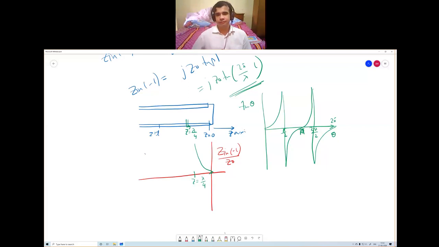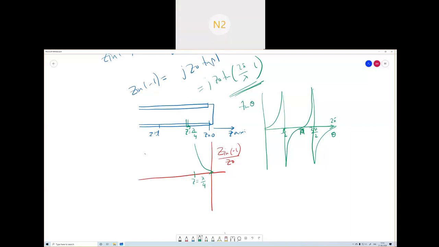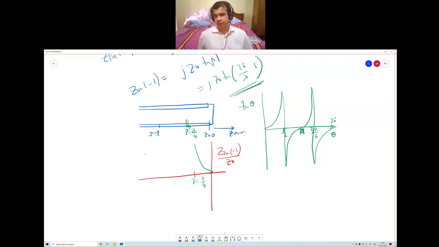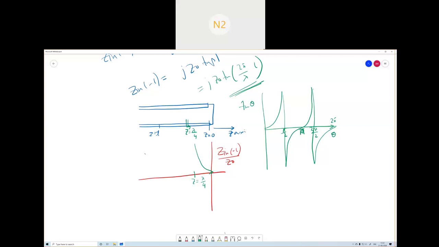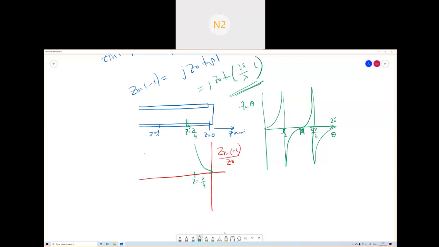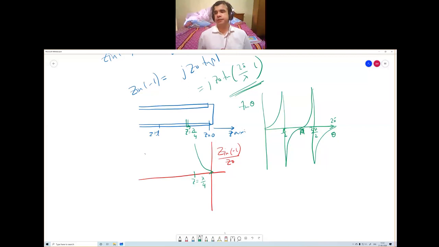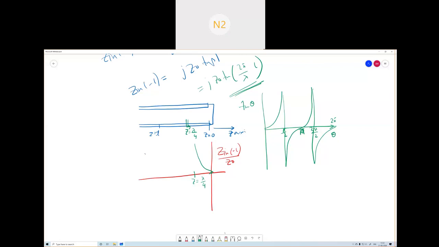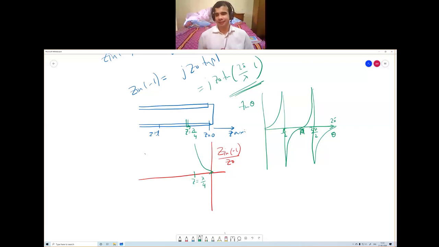Sir, is it because when we put z equal to lambda by 4, tan beta L becomes tan pi by 2, and that is infinite? Yes, tan 90 degrees is infinite. We know that from geometry. And the impedance becomes infinite. Exactly. And if the impedance becomes infinite, what does this suggest? This is an open circuit. So although it is physically shorted, at a particular distance from this short, it appears to be an open circuit. Do you get this point?